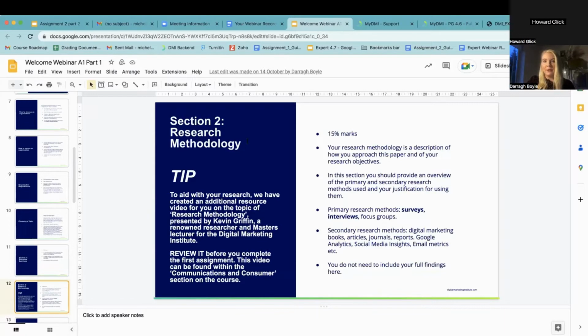So for example, you could decide what your topic is, and then you're going to find out how will I get this information that I need to argue the statement that I'm making. So how will I find out what the behaviours of this demographic of clients are? How will I find out how these clients use social media? How will I find out what these people expect in terms of content from the company? You're going to design surveys to get all the information that you need to report back on it.